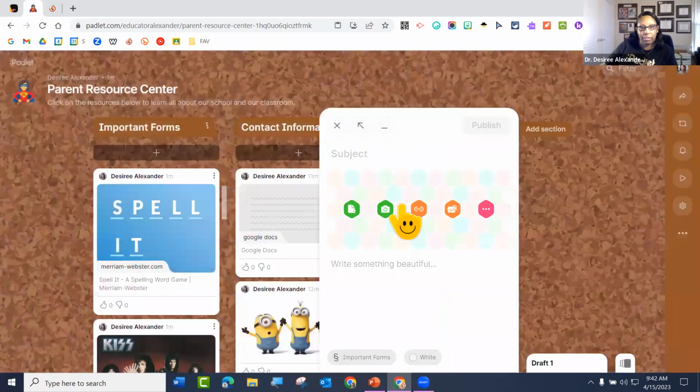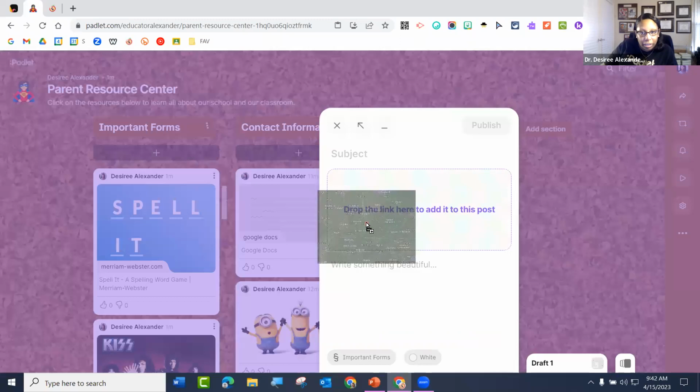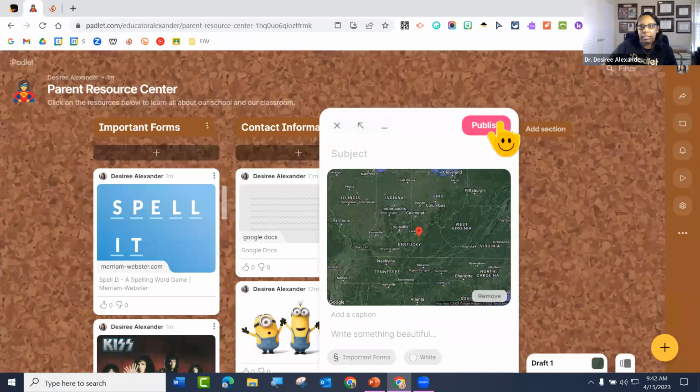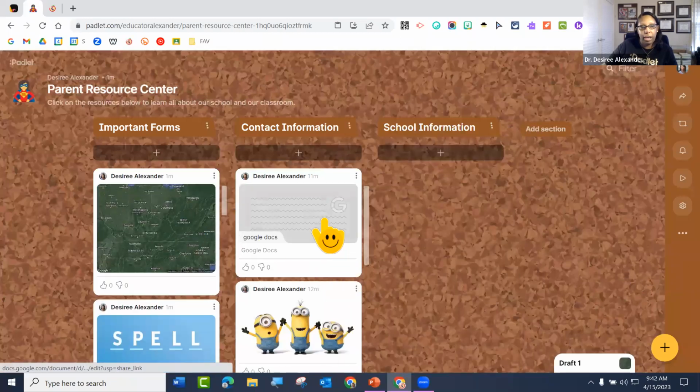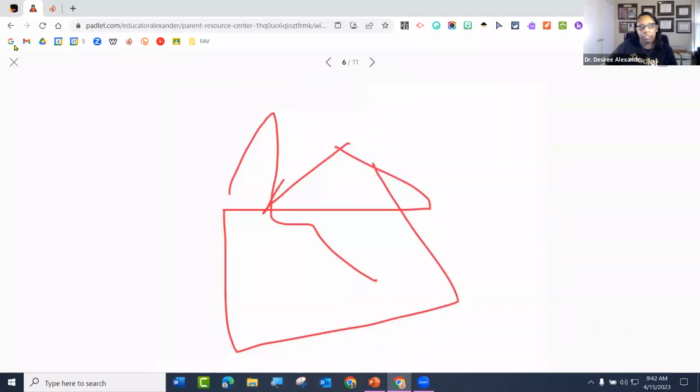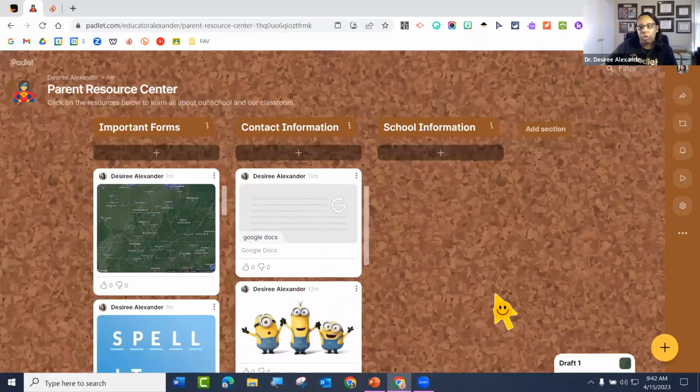That's not in Kentucky though. Oh no, what? Wait. Oh, because I just put Kentucky. So it's just putting, okay. So if I had an address here, it would show the pin to that direct address. Okay, I was like, why isn't the pin moving? That's because this is your pin. So you would have to put the address up here, and then the pin will go exactly where you want it to be. But then I can click save, and I can publish that map. So now I have a nice little map here where if you click on it, it becomes like a picture, like all the other attachments that you put on here.